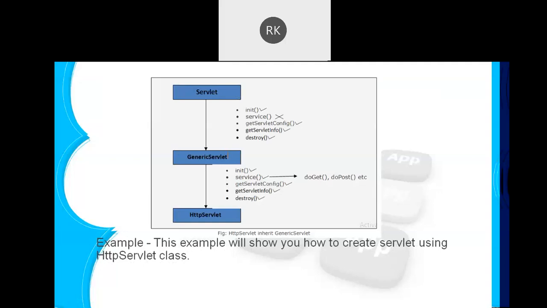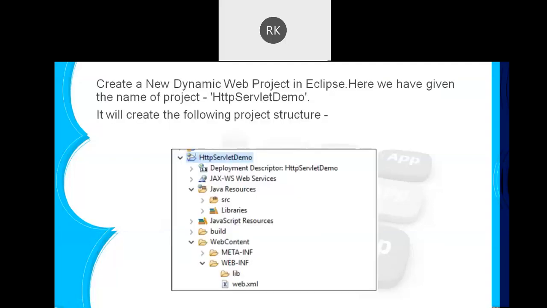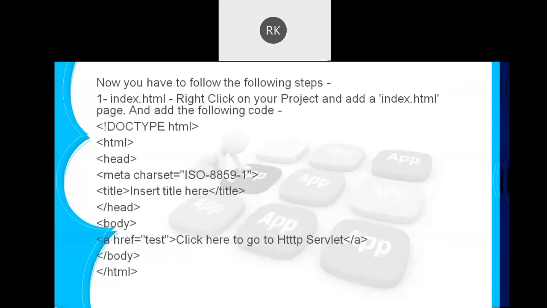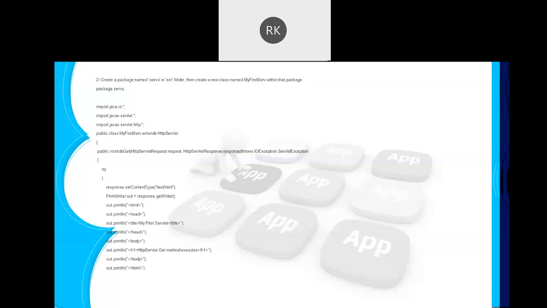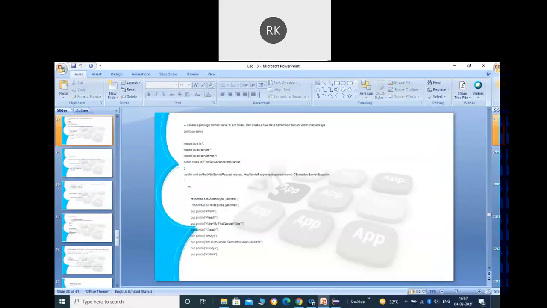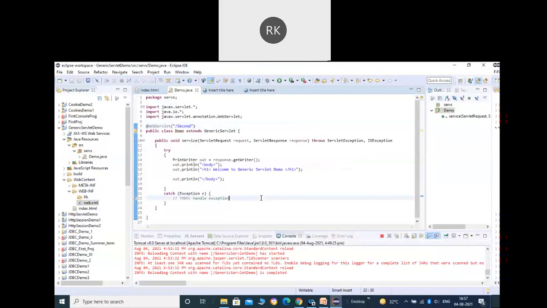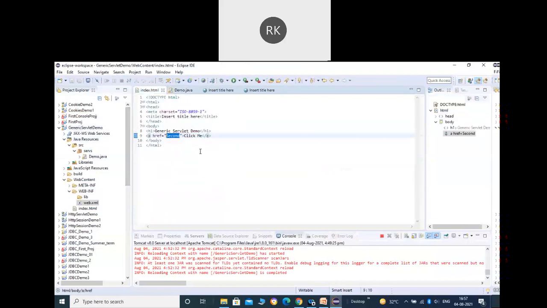Okay, so there is no reason to override the service method, as the service method also handles the HTTP request by sending them to what? Handler methods, like the doGet or doPost type of thing. So HttpServlet is specific to the HTTP protocol, and that is why it is the recommended way to create the servlets here. So remember, the class that we have to use here will be the HttpServlet, and whatever servlets we will be creating in the remaining chapters, we are going to use the HttpServlet there to create them.